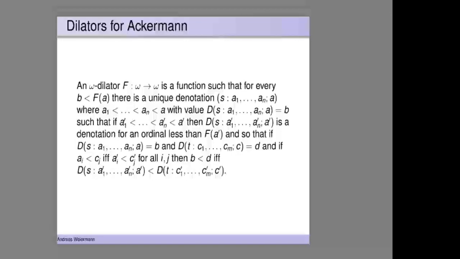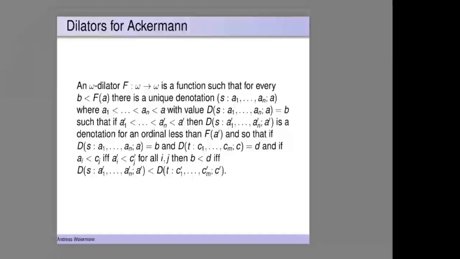It's a function such that for every b less than f of a, there's a unique denotation s of parameters, which are increasing with value equal to b, such that if I move around the a's by a primes, then I obtain a new denotation for a number less than f of a prime,